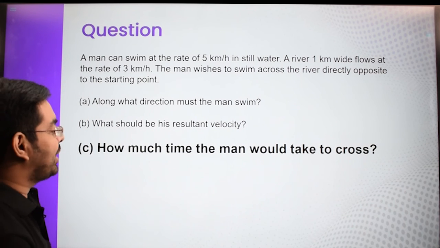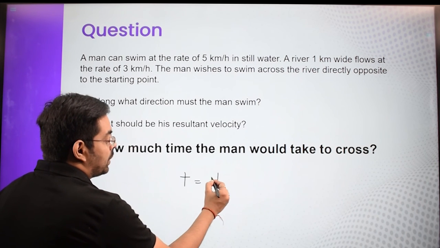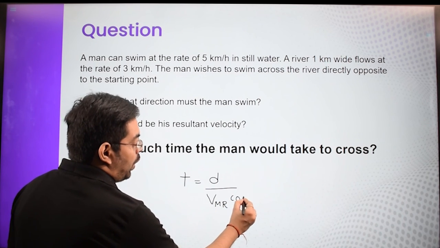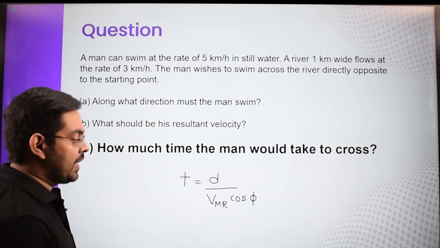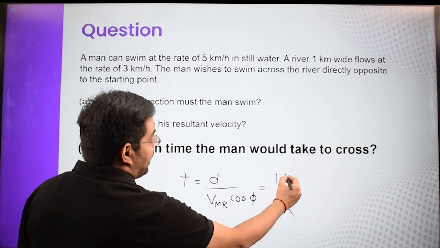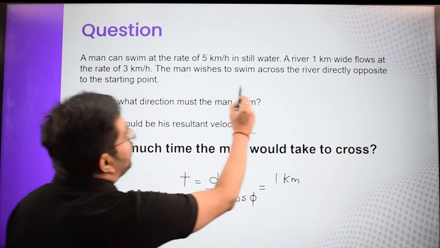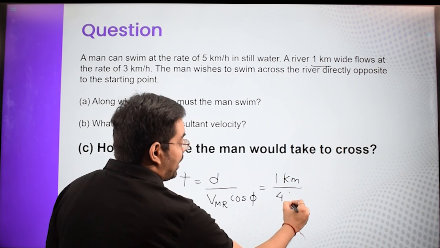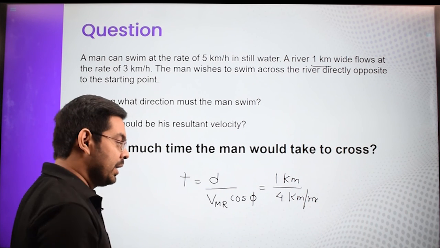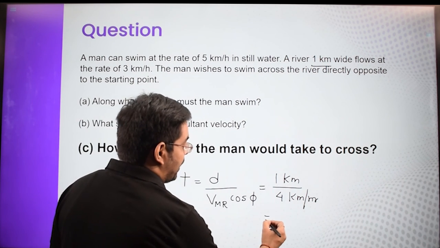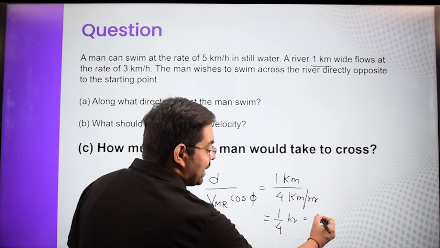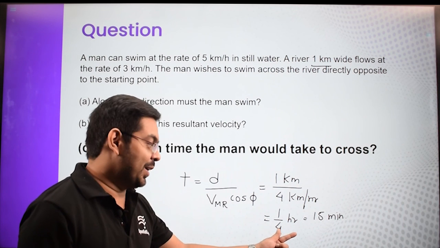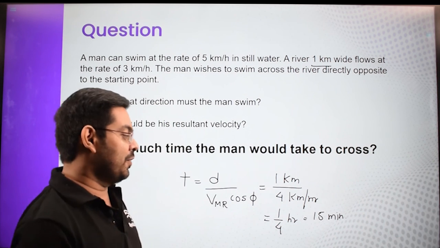ठीक है, तो हाउ मच टाइम द मैन वुड टेक टू क्रॉस? तो इसके लिए बहुत ही सिंपल सी बात हो गई भाई कि टाइम वॉज इक्वल टू द विड्थ ऑफ द रिवर डिवाइडेड बाई द रिजल्टेंट वेलोसिटी। वो हमने अभी अभी देखी क्या थी, वो VMR cos phi हो जाएगी। एंड वी हैड जस्ट सीन, देखो कि ये 1 किलोमीटर दिया हुआ है। इट इज गिवन इन द क्वेश्चन दैट द विड्थ ऑफ द रिवर इज 1 किलोमीटर, एंड द वेलोसिटी इज 4 किलोमीटर पर आवर, वही है उसकी y वेलोसिटी VMR cos phi। ओके, तो बेटे यहां से क्या आ जाएगा, 1/4 hour, या फिर इसको हम लोग कितना लिख सकते हैं बेटा, 15 मिनट्स। ठीक है, इफ वी मल्टीप्लाई दिस विथ 60, 1 आवर को हम लोग क्या लिख सकते हैं, 60 मिनट्स लिख सकते हैं, राइट। सो वो क्या हो जाएगा, 1/4 into 60, तो वो क्या आ जाएगा 15 मिनट्स। ओके।